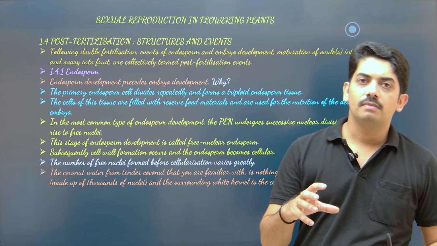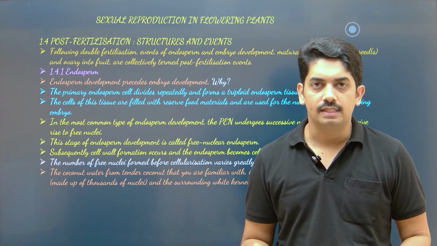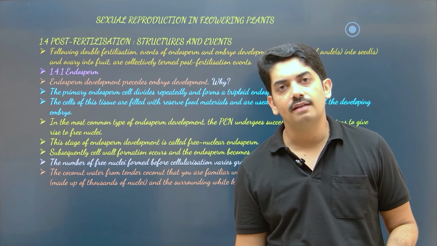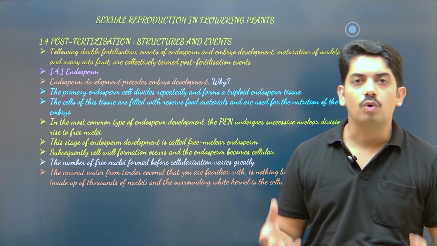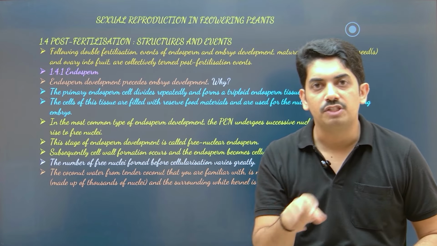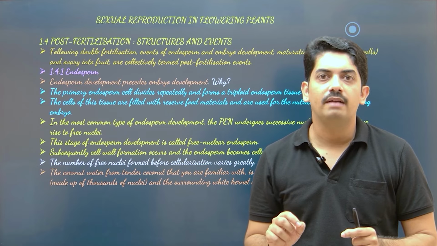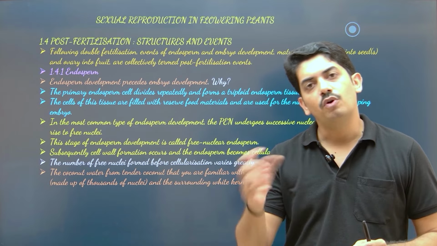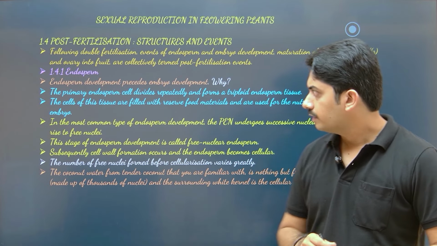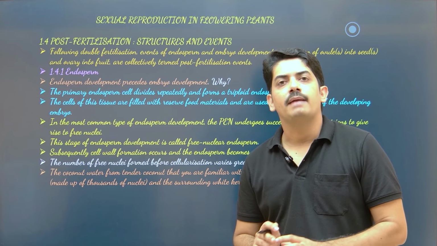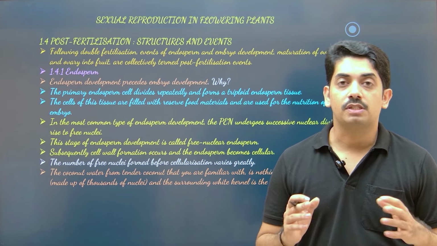This endosperm is formed continuously by multiplying its nucleus, which is not followed by cell wall formation. Only after the maturation of the coconut do you see a kernel which is white colored, where the endosperm nuclei are now surrounded by cell walls. Before that it is all nuclei, free nuclear endosperm. This endosperm is sometimes completely consumed by the growing embryo. Such seeds are called